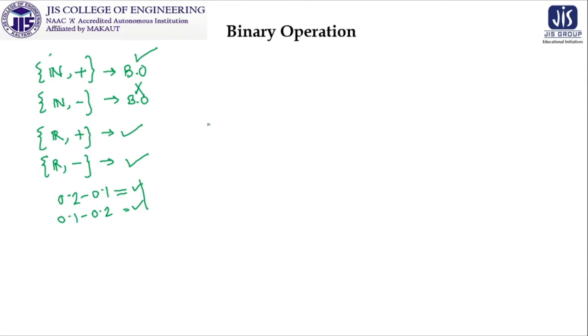And when we take one set S which is non-empty and which is closed under the operation star, meaning this is a binary operation on it, then obviously S is closed under star. This structure has a special name. This is called a groupoid.